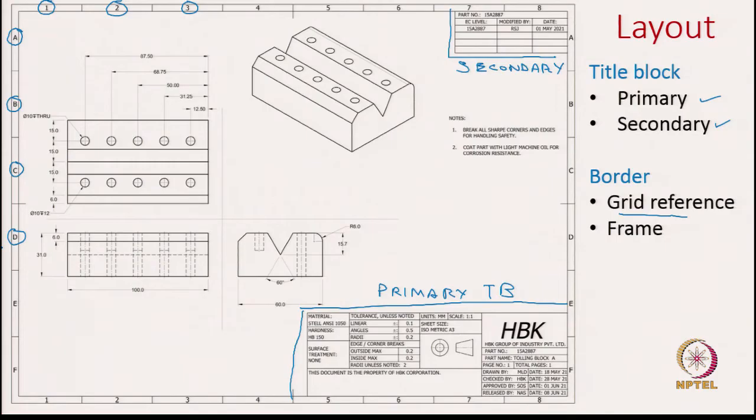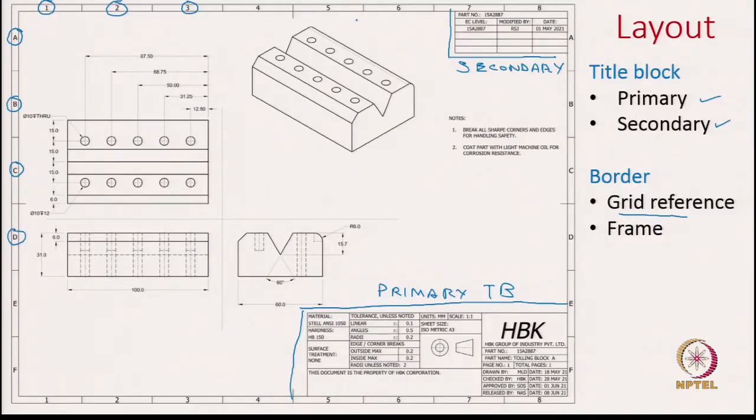Why are these placed? The reason is this helps you to look into a specific location of this drawing sheet by a combination. Let us say we are looking at this pictorial, I say you can find the pictorial at A5. So, A is this direction and 5 is this direction. I just need to look into this corner to find this pictorial view. Similarly, if I am looking at this side view, I simply say it is D4. This way you are able to pinpoint one specific location in a drawing.